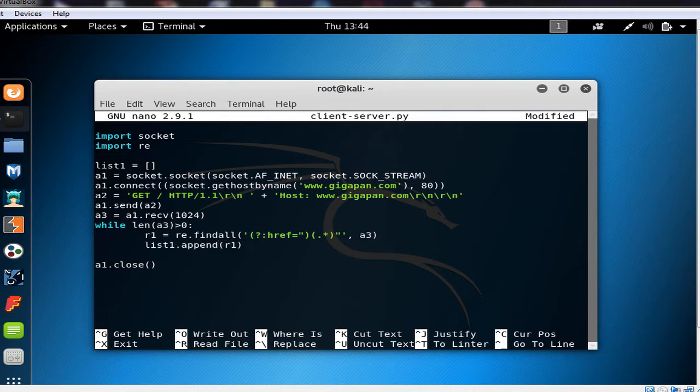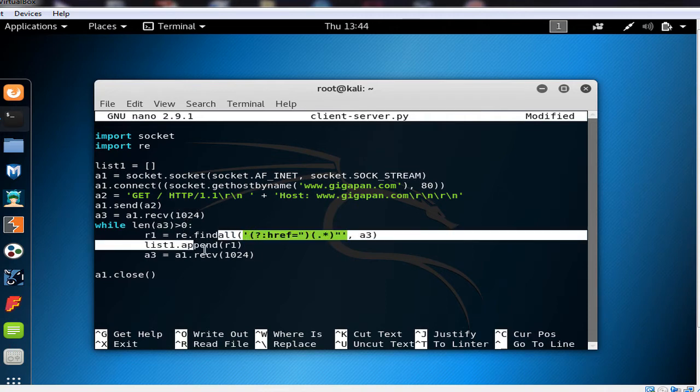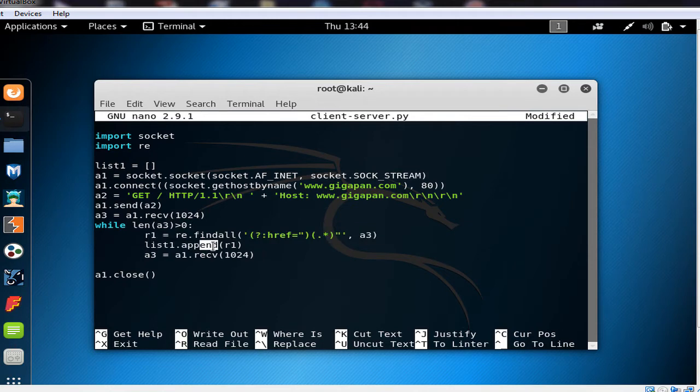So after the while, after this step, we want the while to be repeated for the next section of data. In this case, we say a3 is equal to a1.recv(1024). Let's say that in the first section we have received 1024 bytes. We search through them. If we have something, we add it to list1, and then we want to receive the next